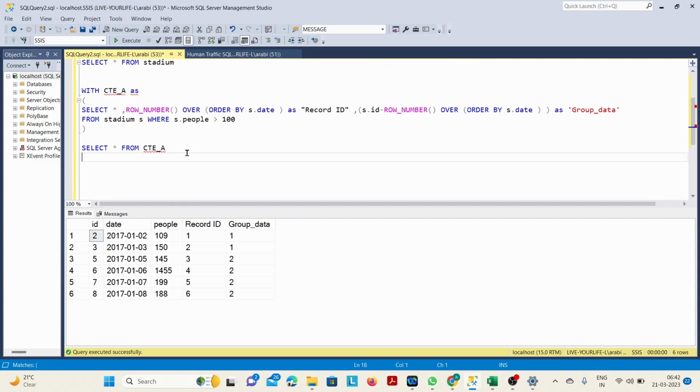Now we have to get wherever this is needed. The question is wherever the consecutive IDs should be greater than 3, like the consecutive number of rows should be more than 3, and the people for each row should be greater than 100. To get it, what we will do is,